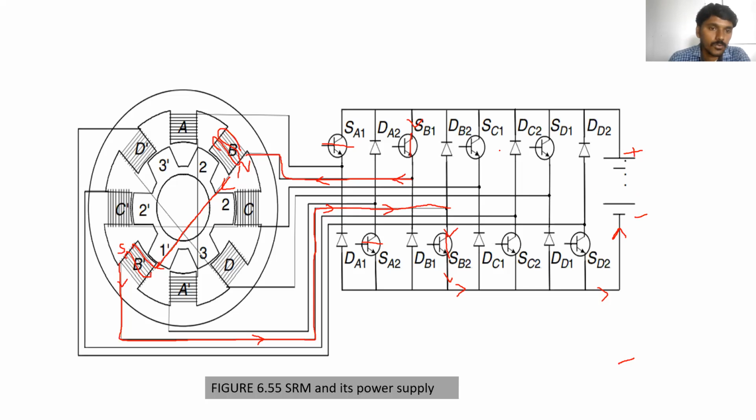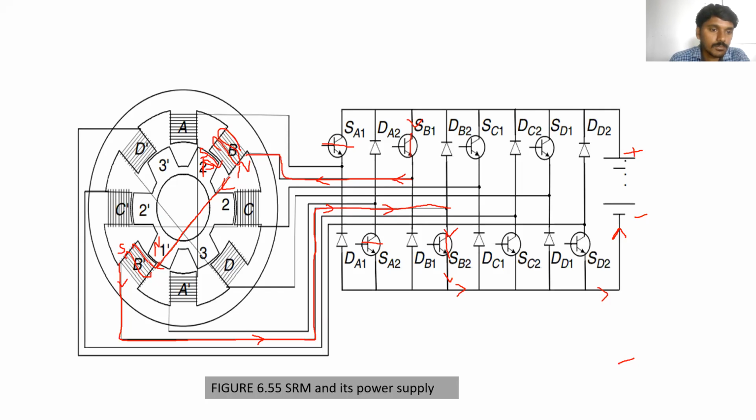Clear? So whenever this coil is energized, it will form a north pole, and the rotor poles, sorry, this is 1 and 1 dash. It will act as a south pole and it will act as a north pole. So here it will attract toward this one. The north pole of the stator and the south pole of the rotor will be attracted,